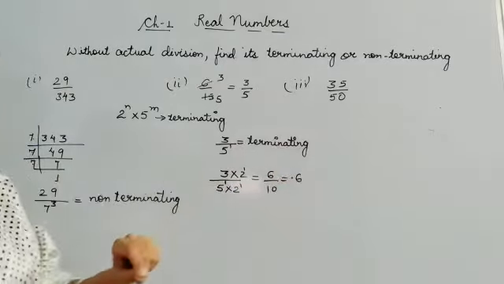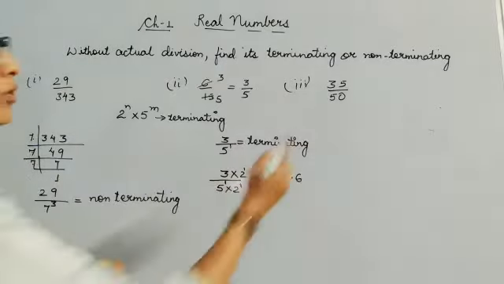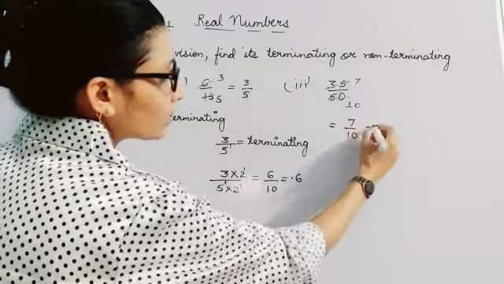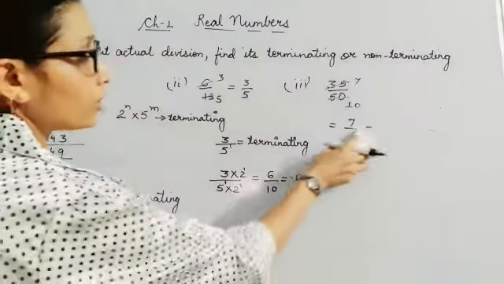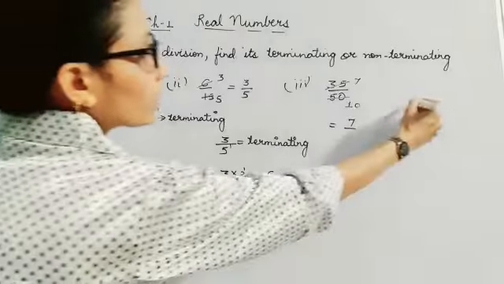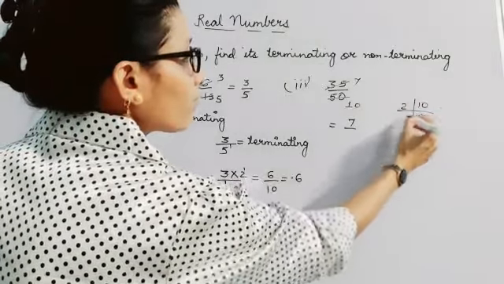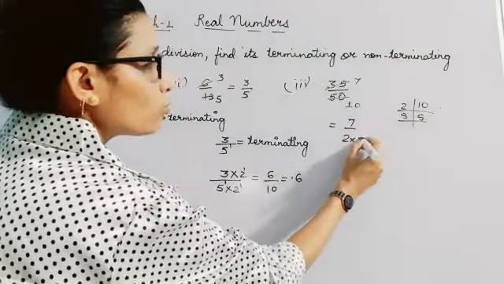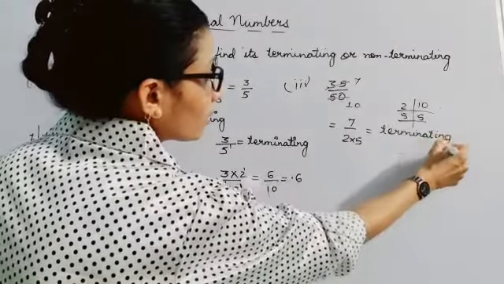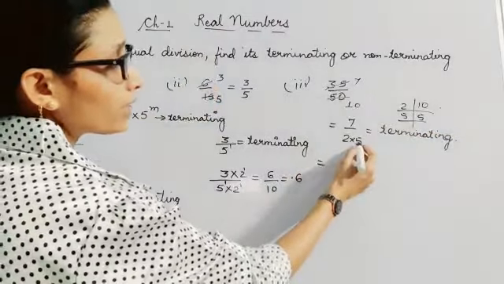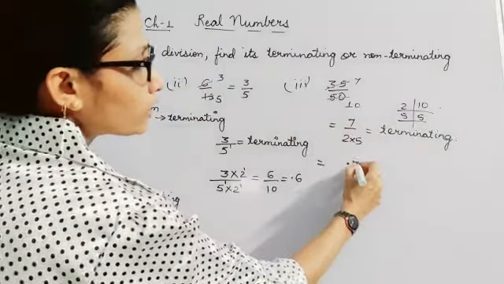Let's see this question, children. First of all, let's change it into simplest form. So this is 5 7s are 35 and 5 1s are 5 and 0. So this is just 7 by 10. If you want to say whether it is terminating or not, the factors of 10 are 2 and 5. Since I am having 2 and 5, it is terminating. And if I want to find the answer in decimal form, 7 by 10 is 0.7.